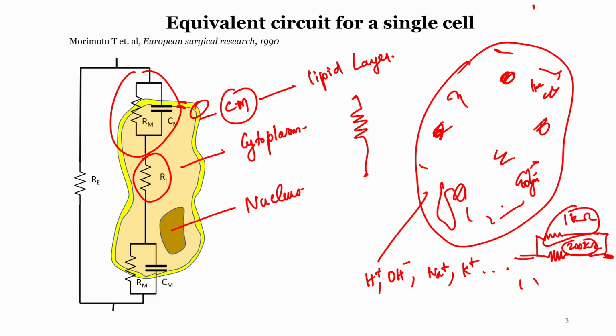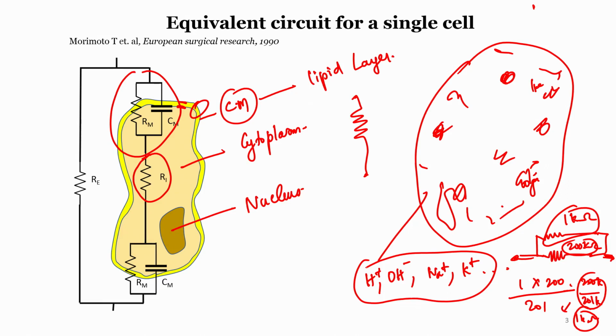It will be 1 into 200 by 201, right, R1 R2 by R1 plus R2, a simple first year engineering topic. So R1 R2 by R1 plus R2 kilo ohm. So what will this be? This will be 200 kilo ohm by 201, basically it will be less than 1 kilo ohm, right.